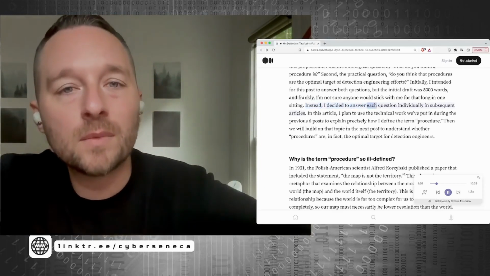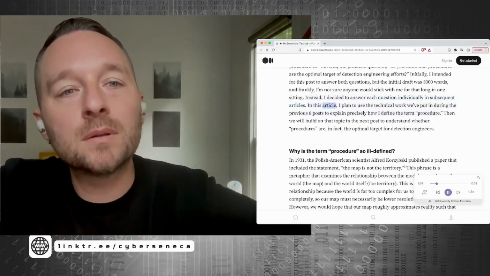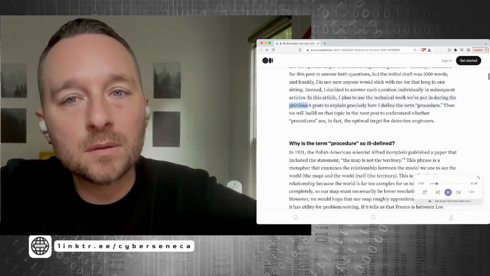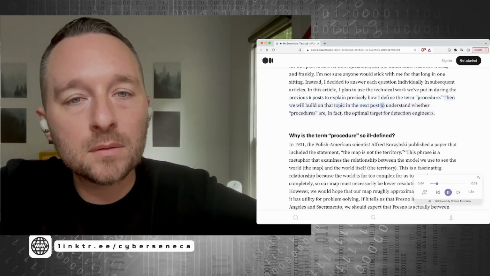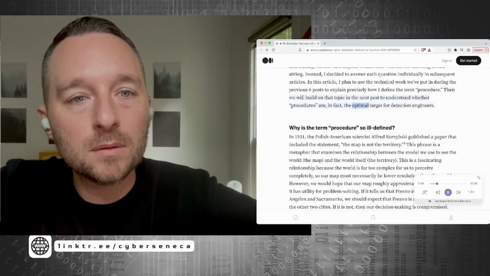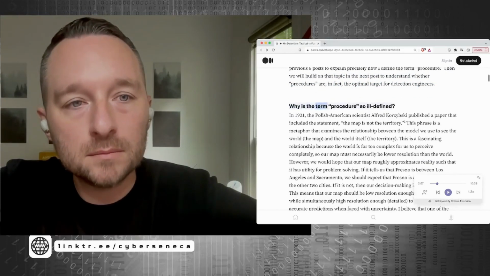Instead, I decided to answer each question individually in subsequent articles. In this article, I plan to use the technical work we've put in during the previous 6 posts to explain precisely how I define the term procedure. Then we will build on that topic in the next post to understand whether procedures are, in fact, the optimal target for detection engineers. Why is the